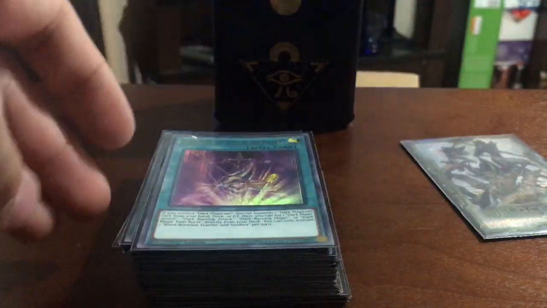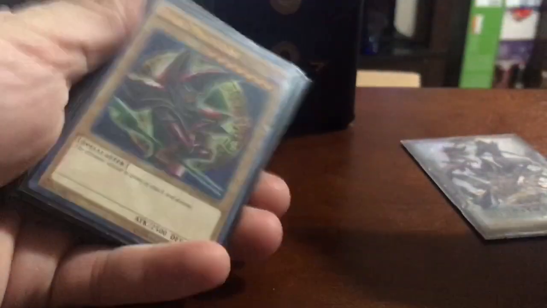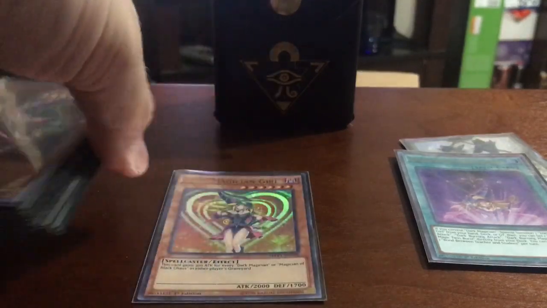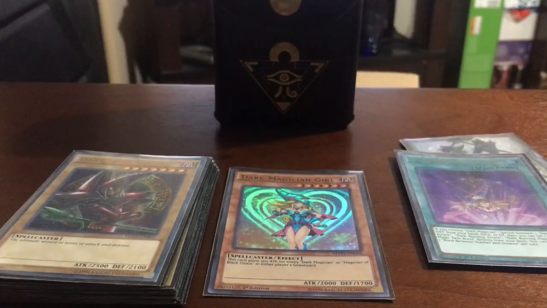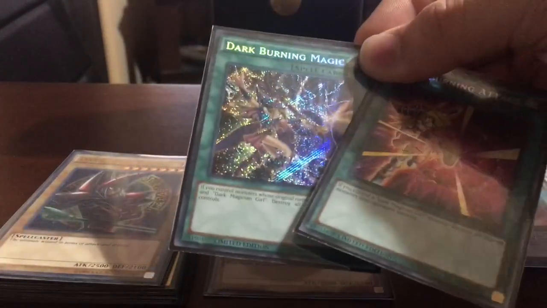You can run this at 2 if you can, but right now I just have it at 1, and it still works just as well. Let's say you have Dark Magician on the field, and you can play Bond Between Teacher and Student and automatically special summon Dark Magician Girl from hand, deck, or graveyard. No matter where she's at, you can just summon her, and then straight from the deck you can set